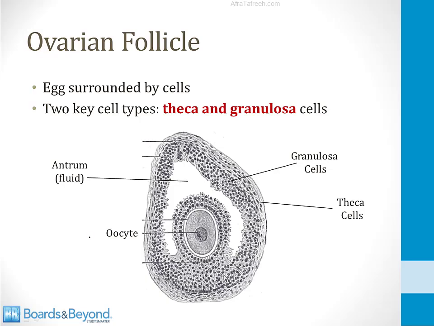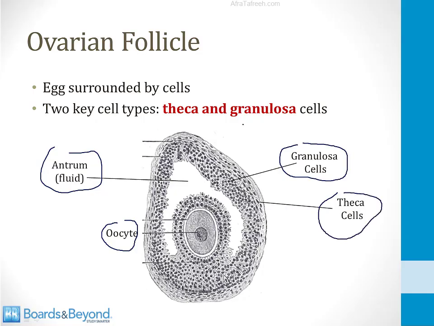It is an egg surrounded by cells. This is the oocyte or egg in the center. It's surrounded by some fluid, which is called the antrum of the follicle. It's also surrounded by two layers of cells. The granulosa cells are the innermost layer, and the theca cells are the outermost layer. And it is the theca and granulosa cells which are going to synthesize estrogens, which drive the growth of the